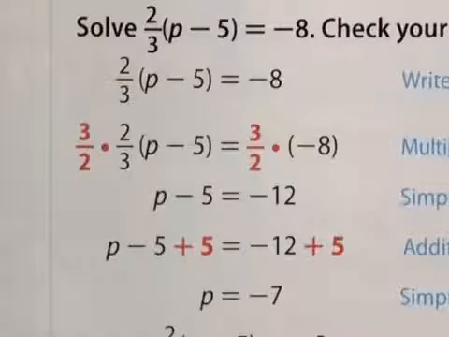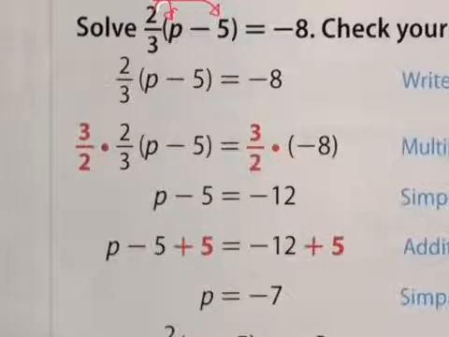When we're given the equation 2/3 parentheses p minus 5 is -8, what we need to do on this side first is simplify. So we must use distributive property, where we're going to multiply the 2/3 times p, and 2/3 times -5. When we do that,